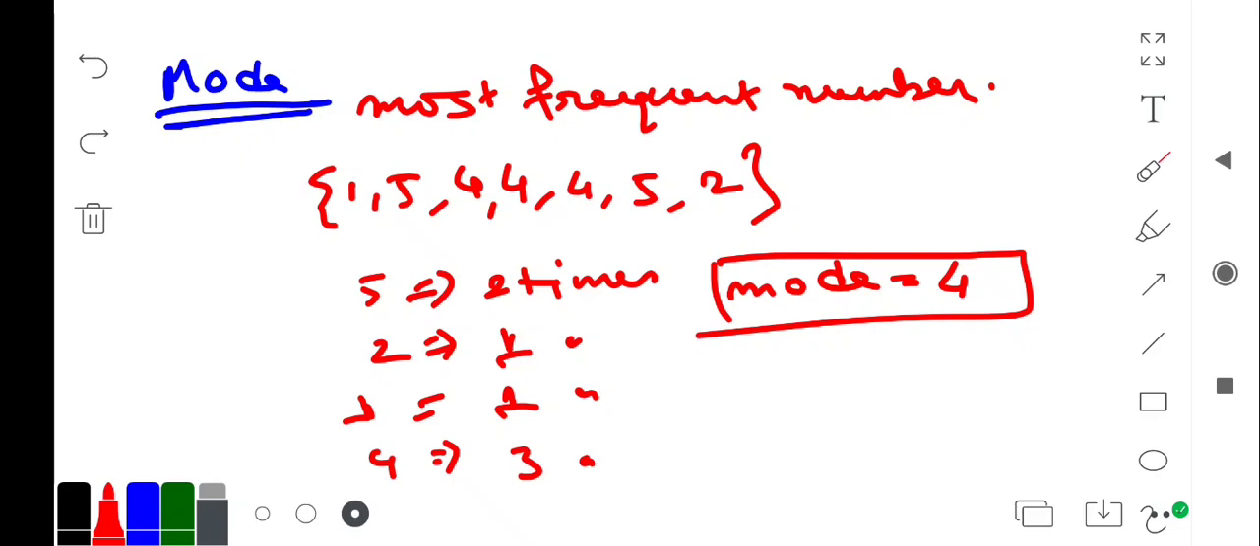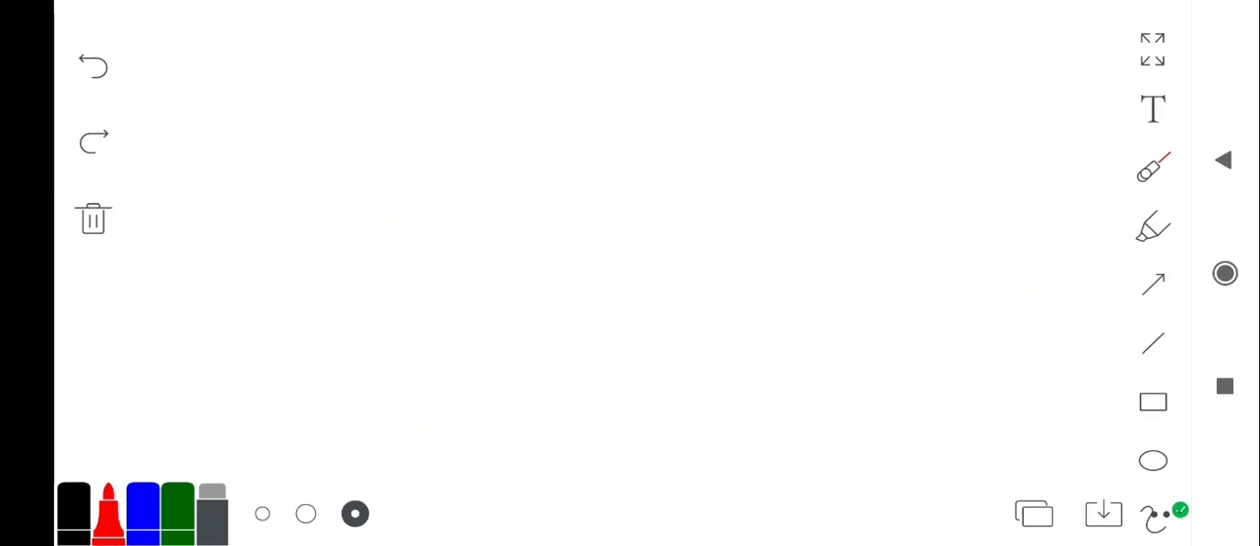Okay, next we go, that is standard deviation. What is the terminology, that is standard deviation. Standard deviation বলতে কি বোঝায়, ঠিক আছে।